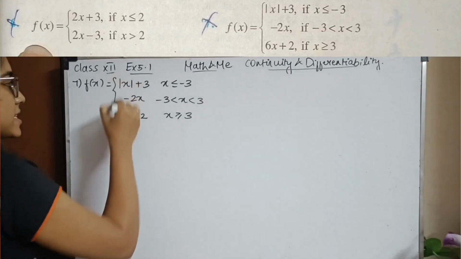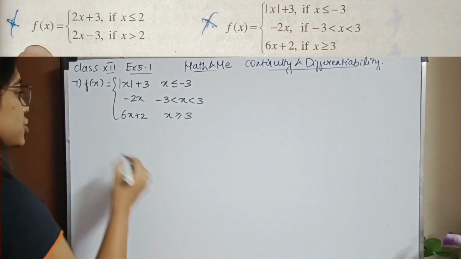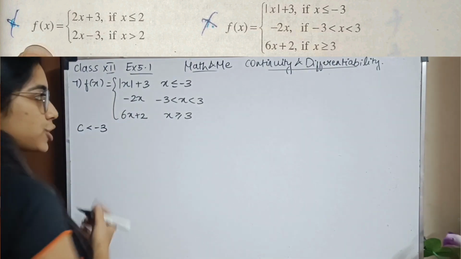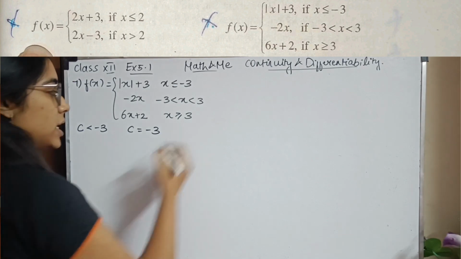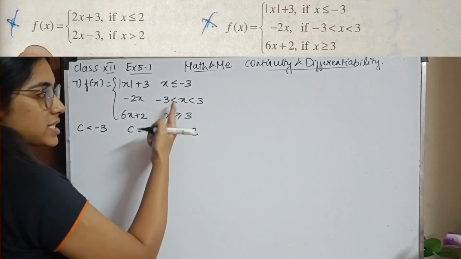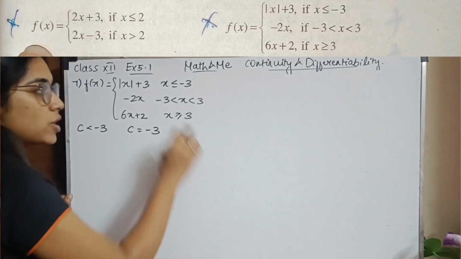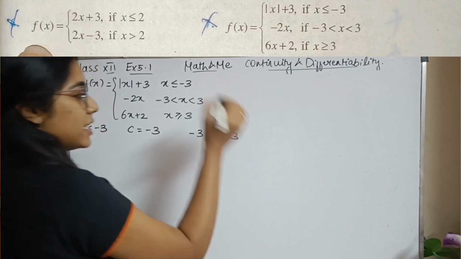So, this is my 7th question. I see that I have two values for c. Correct? Now what conditions do I have? c less than minus 3. This is one condition. c is equal to minus 3. This is another condition. Then c is greater than minus 3. If c is greater than minus 3, this will automatically include this particular condition also. So I combine both in one, and I'll have minus 3 less than c less than 3.